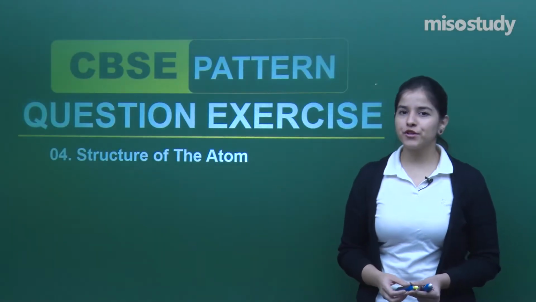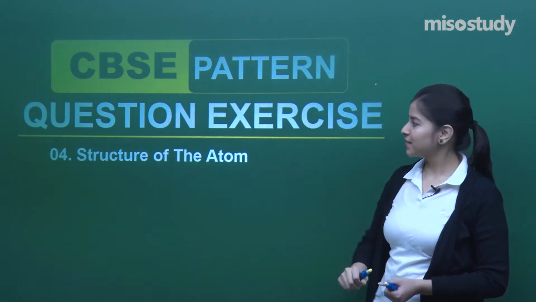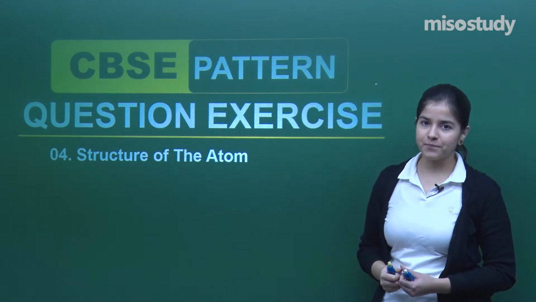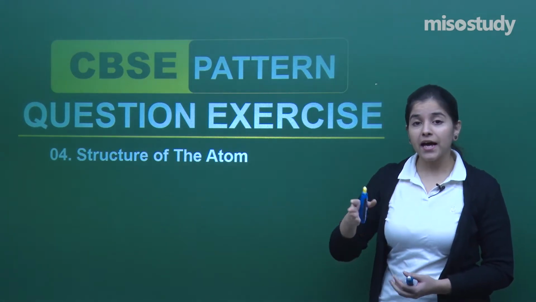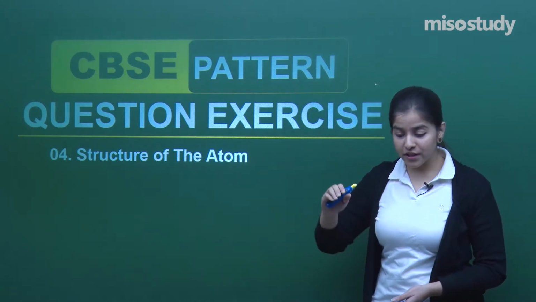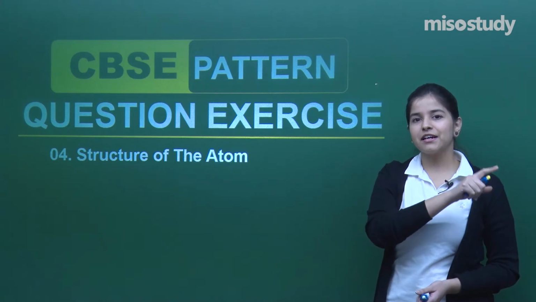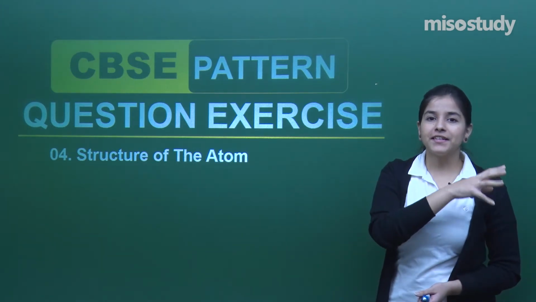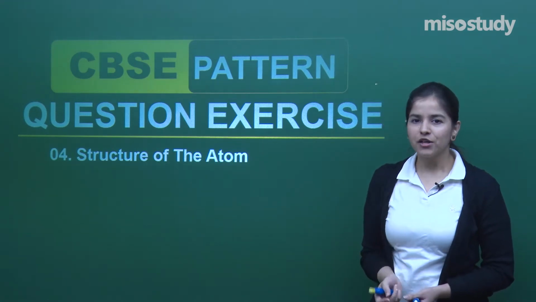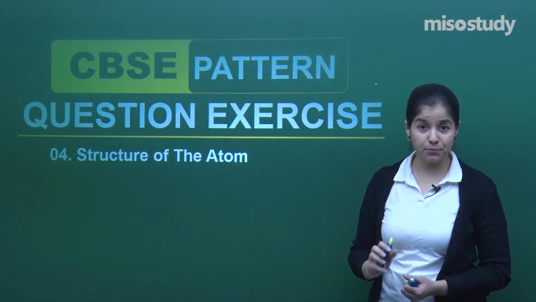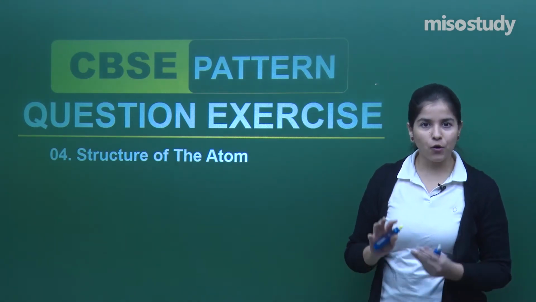So what I have brought for you today is a set of 10 questions, CBSE pattern exercise, for the structure of the atom. You need to revise all the concepts, which discoveries were made and at what time they were made. So you have to go on with a proper sequence, and then the discovery of an atom, and finally its structure and all the findings related to the atom. That is how we have to proceed in this particular chapter, and I am assuming that each one of you has revised all the concepts.